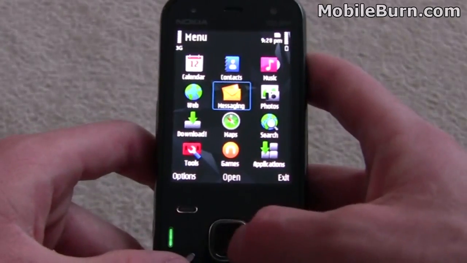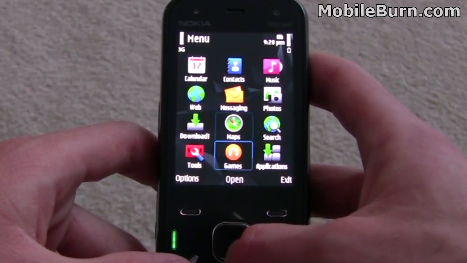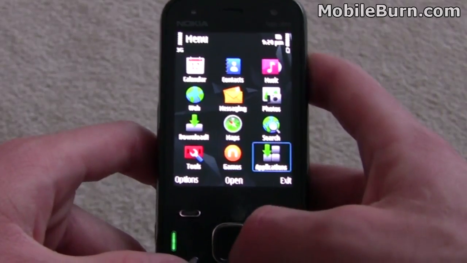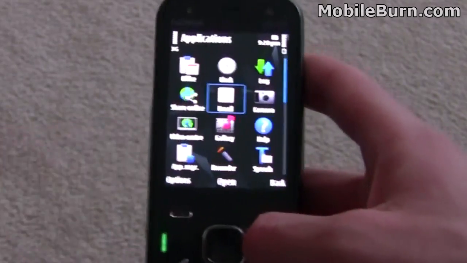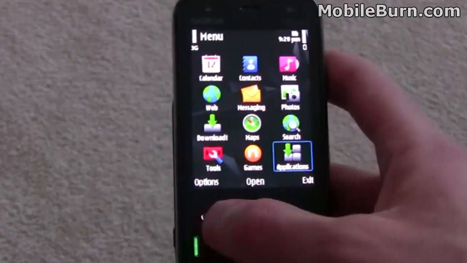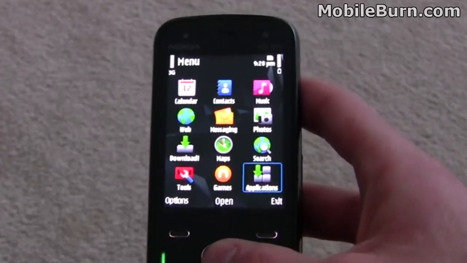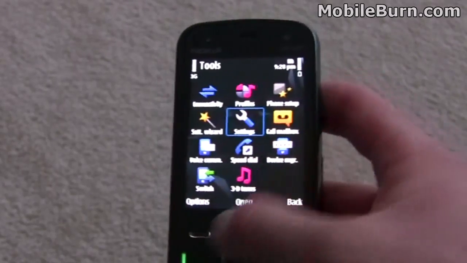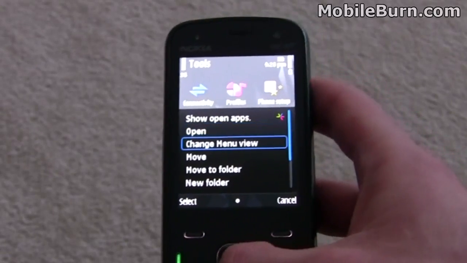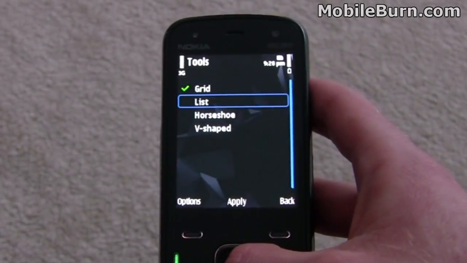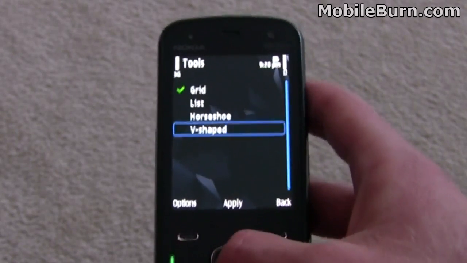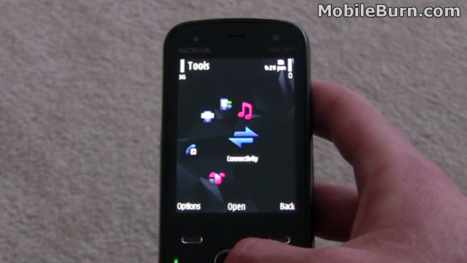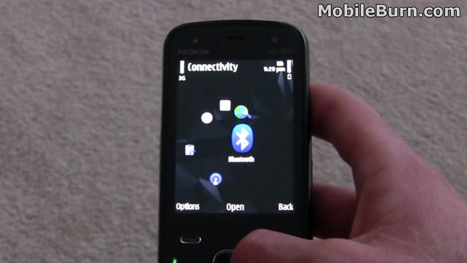If we just pop into the menu here, you can see all the icons actually laid out in the grid view. You can also have any of these main menus, like the applications menu, main menu and the tools menu. Anything where there's a grid of icons can usually be changed to a list, a horseshoe or a V-shaped menu. So you can see, just do the horseshoe on this one